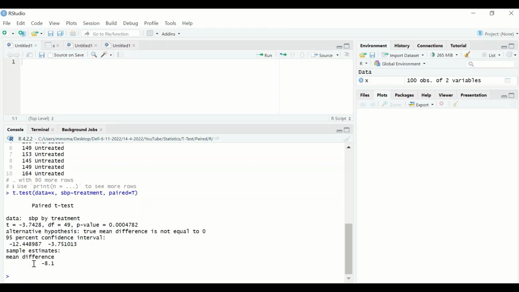As shown here, the mean difference is between these two values, the upper and the lower, for the 95% confidence interval. This adds a layer of assurance that there is a statistically significant difference between taking the drug compared to